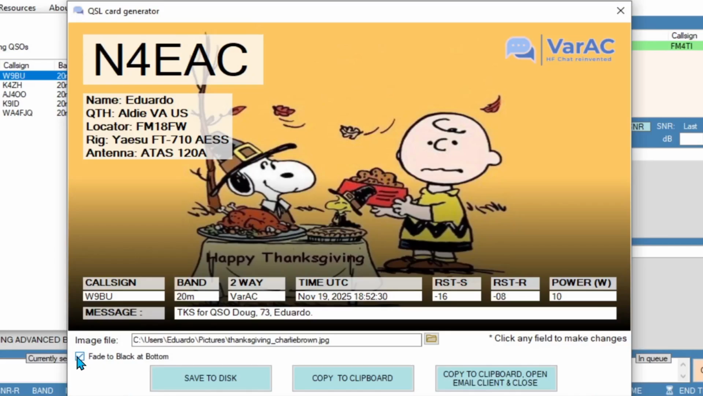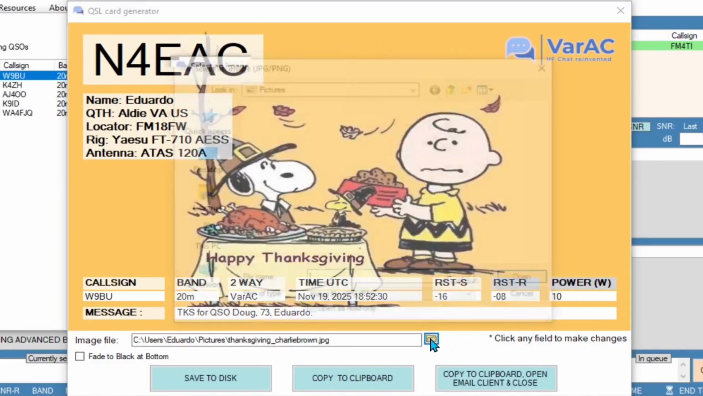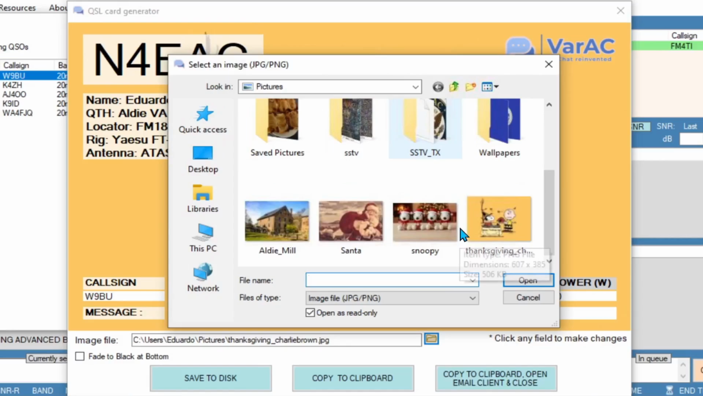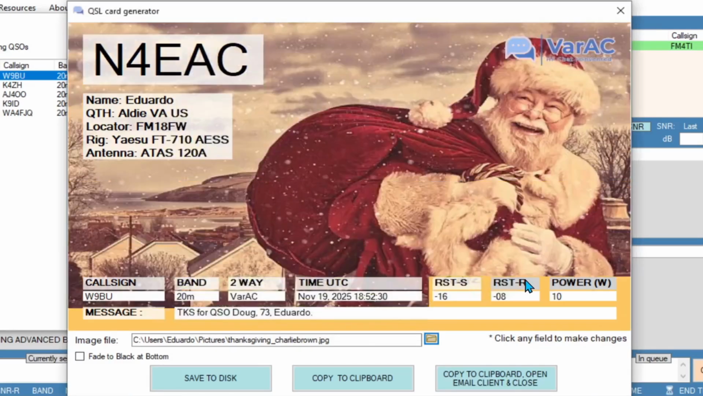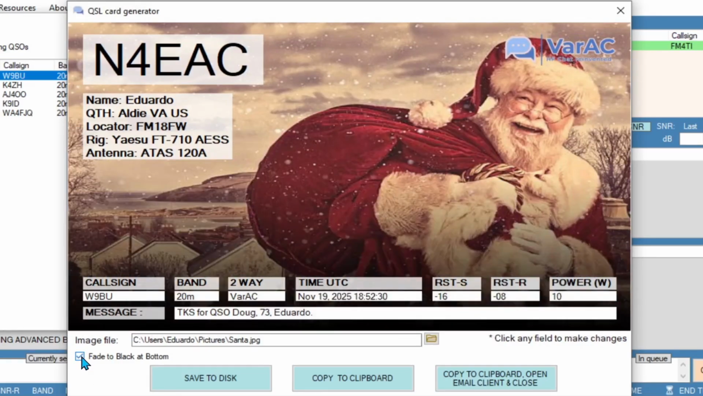You can do it that way or not, right? Let's say you decide I don't want to use this picture. I picked the wrong one. So you just go into the little folder icon here and you choose another picture. So let's choose Santa Claus. And there you have Santa Claus. Again, you can also make fading to